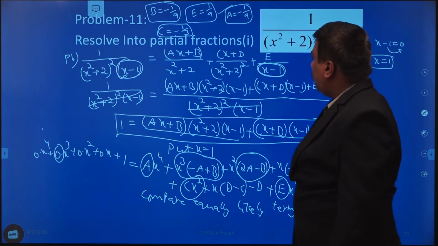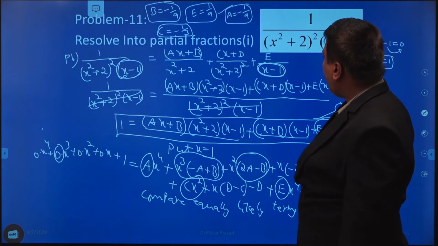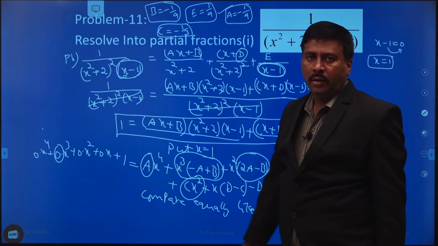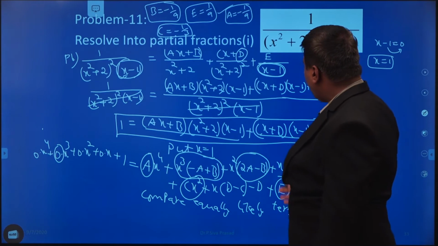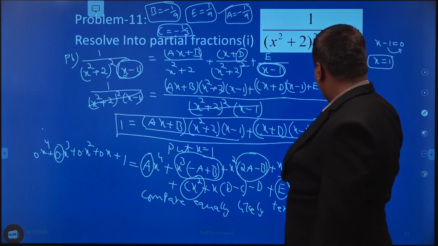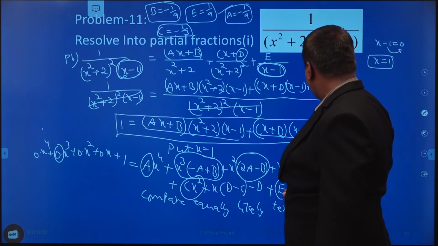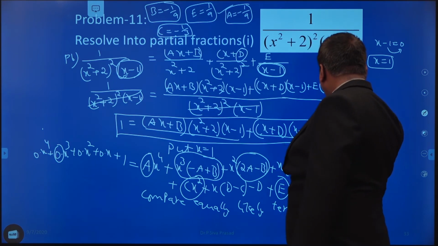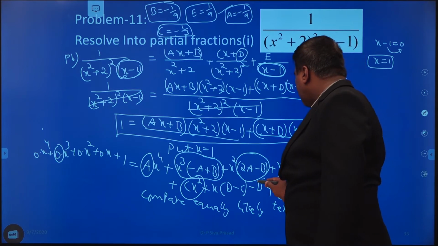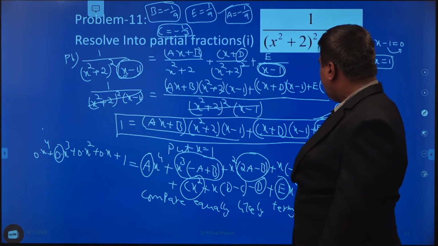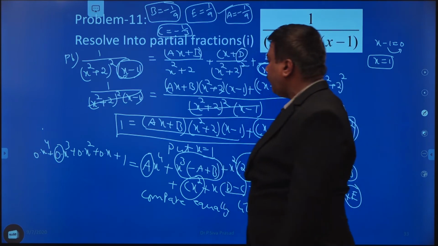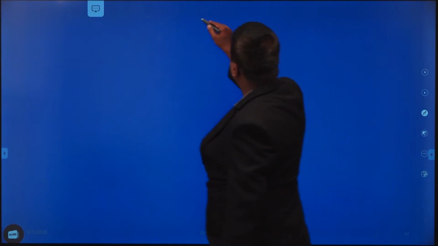Now finally, what value do we have to find? The only d value is there. Therefore, in that d value, we just have to compare the constants. Whatever constants are there here, minus of 2b and 4e are there and minus of d is there. Or simply, by equating the x coefficients,